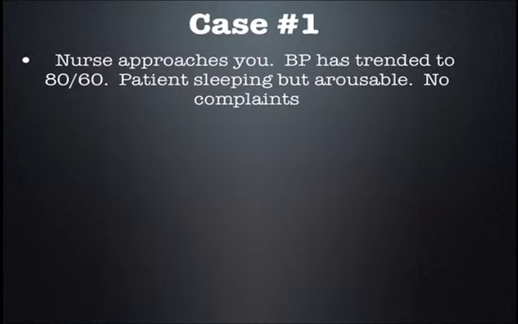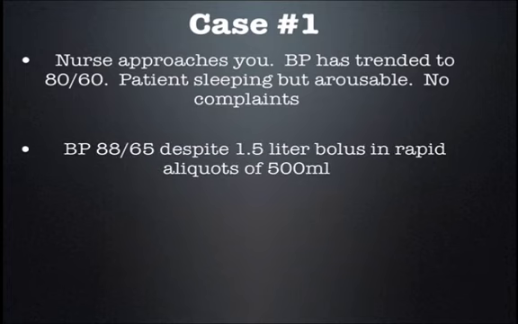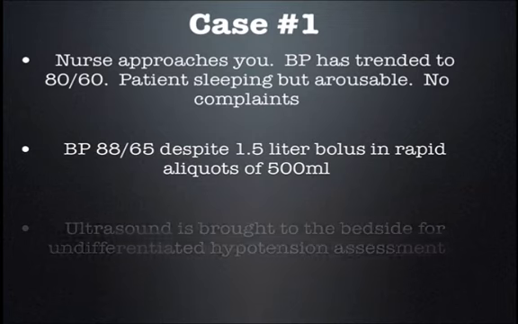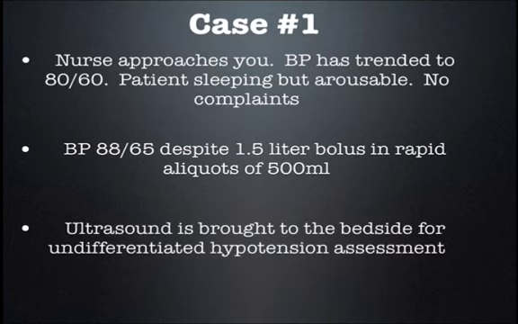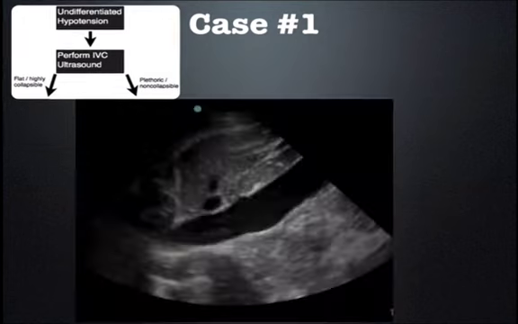Now, the nurse approaches you with a blood pressure that has trended to 80/60. Patient is sleeping but arousable and has no complaints. BP is 88/65 despite a 1.5 liter bolus and rapid aliquots of 500 mLs. So obviously at this point we have a blood pressure that's not really responsive to the fluid boluses that were given. So we call ultrasound to the bedside, and we're going to start off with undifferentiated hypotension scan, and we're